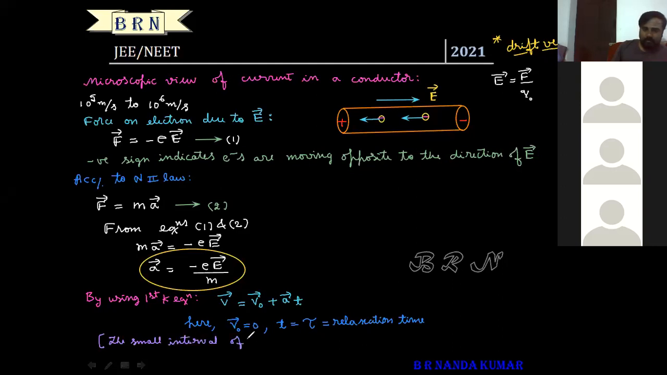The small interval of time between two successive collisions between electrons or ions